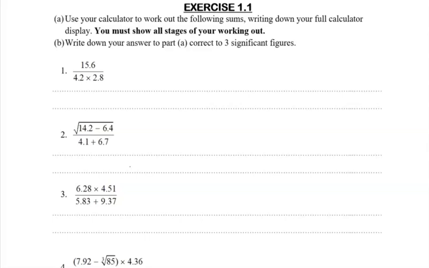So we're going to be looking at question 2. Now question 2 looks quite simple, that we just plug into our calculator and we get the answer. But these questions are usually 2 mark or 3 mark depending on how many steps are involved in each numerator or denominator. So the top is very simple. You just have the square root of a number take away another number. Now you plug what you have at the top into the calculator as it is, and we're going to get